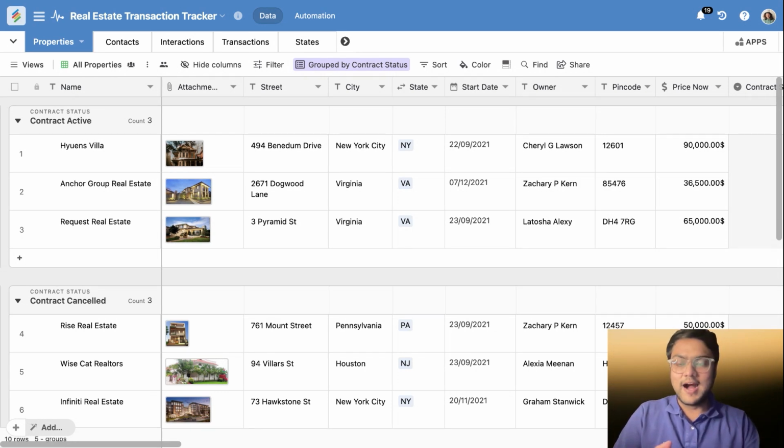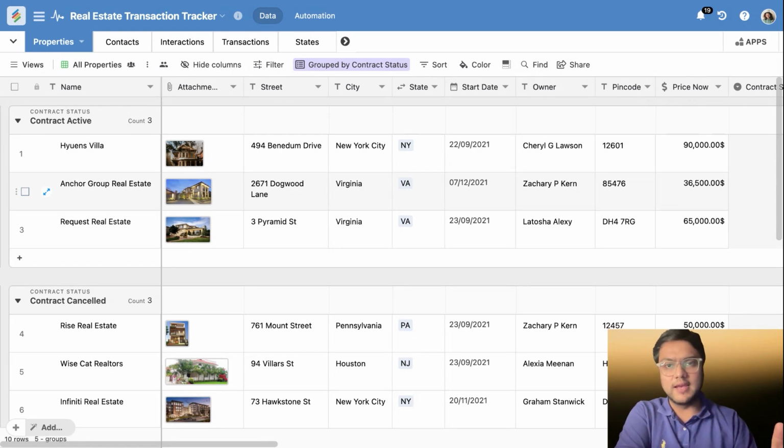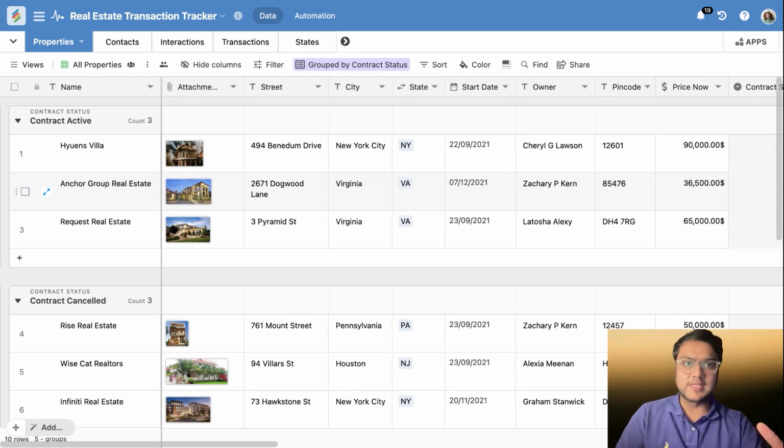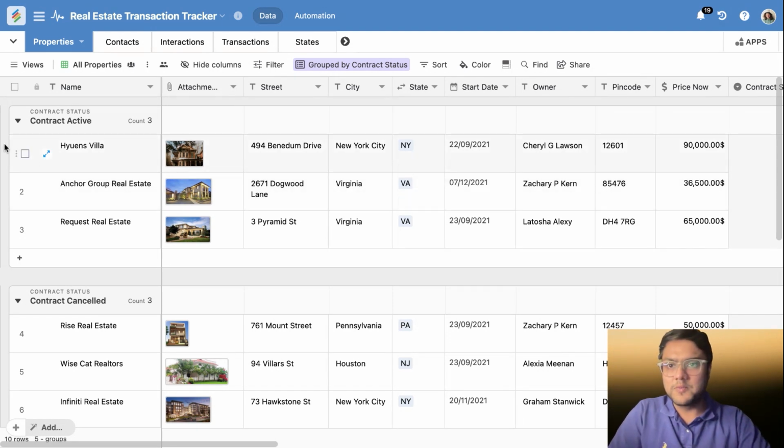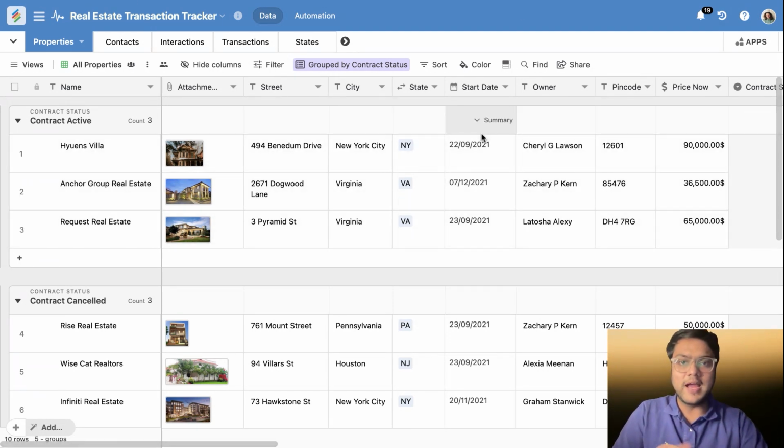Now let's see how you can build your own custom real estate CRM and a transaction tracker for your agency or your real estate business. So Stackby is basically a spreadsheet style database. It looks like a spreadsheet, works like a database, and it's completely customizable according to your needs. So you can start with a layout like this and then actually build it into something more powerful and flexible